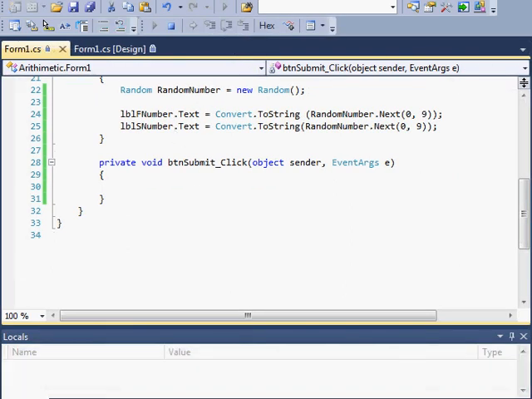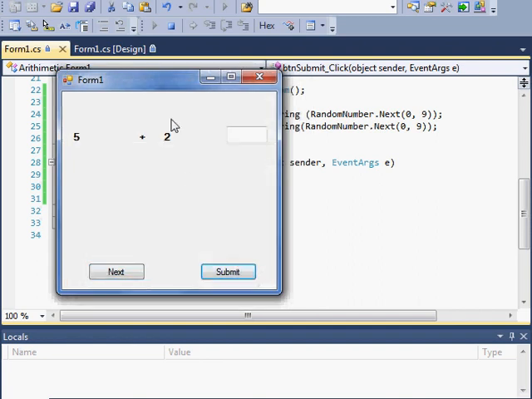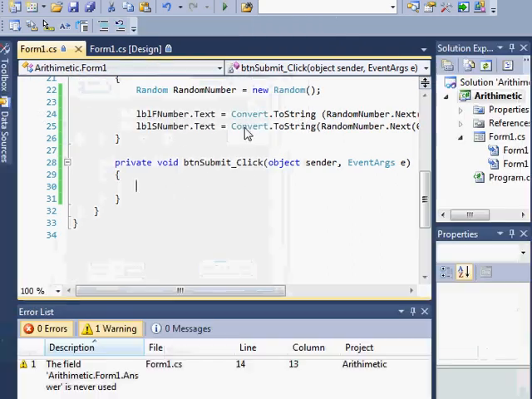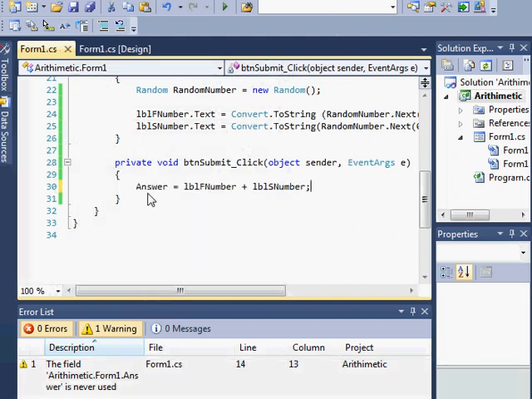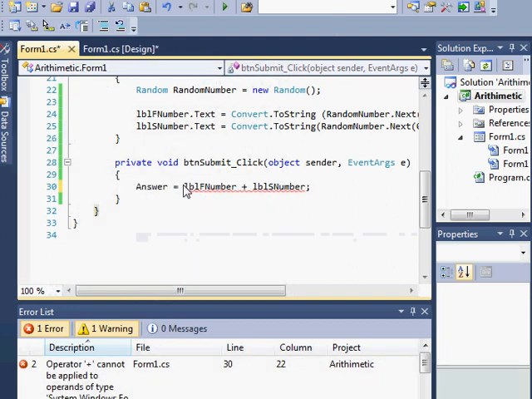When I click submit right here, we should get 5 and 2, and then pass it to our variable we would have declared, that is variable answer. I'll paste this and then convert these, because these are in string. This is also a string. You remember we turned them into strings right here, so we need to change them back to